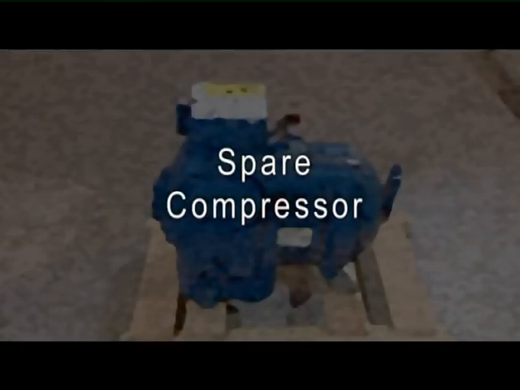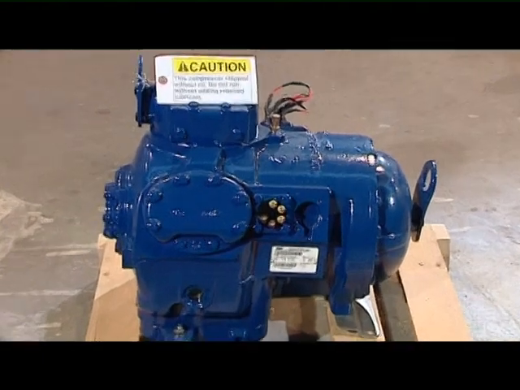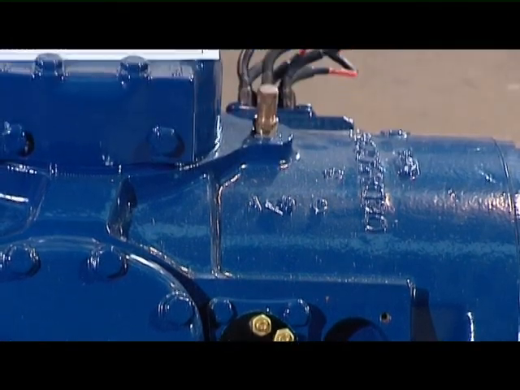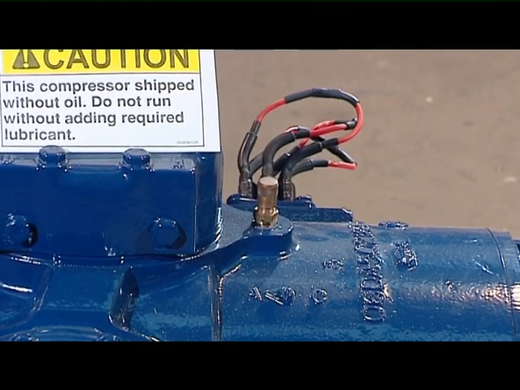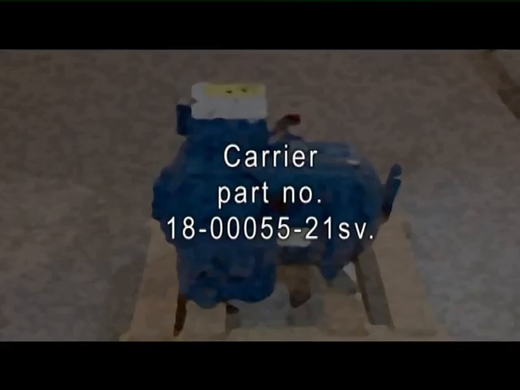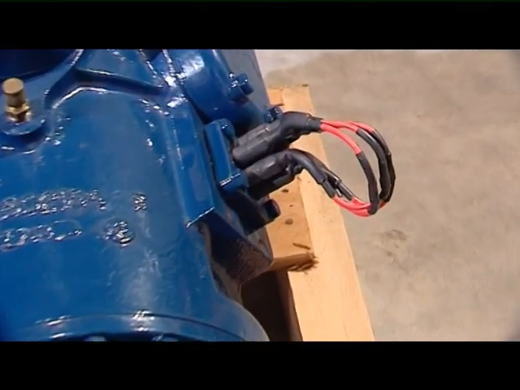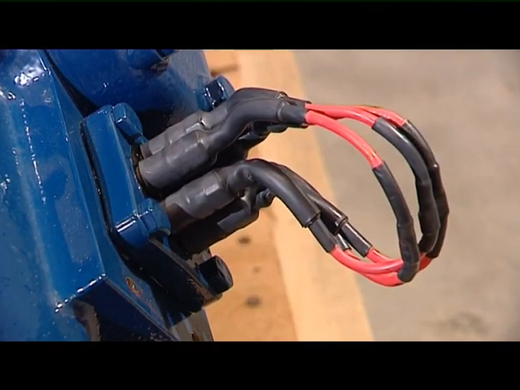Spare compressor. Only one compressor is supplied on board the vessels. The compressor is a dual voltage one. It has 2 terminals and is supplied without oil. The Carrier part number is 18-00055-21SV. When possible, the compressor is supplied with the rear terminal bridged, so it can be used as a replacement